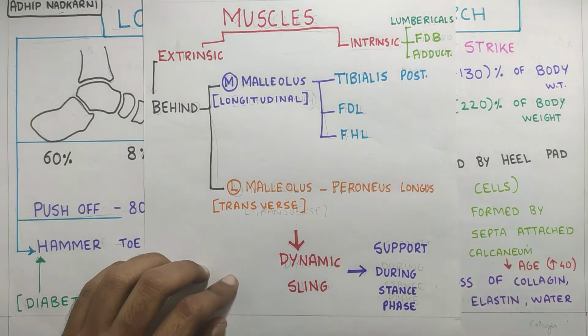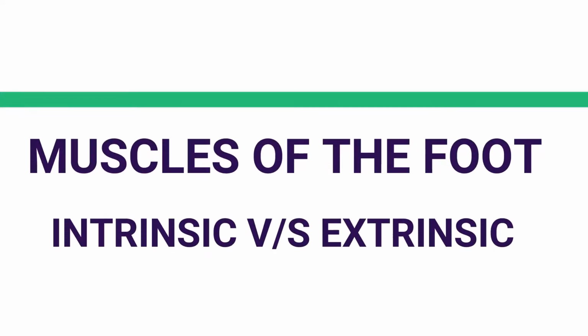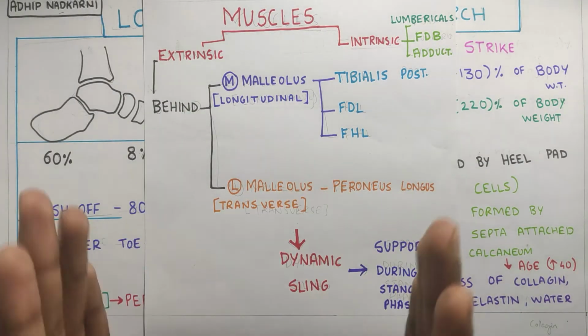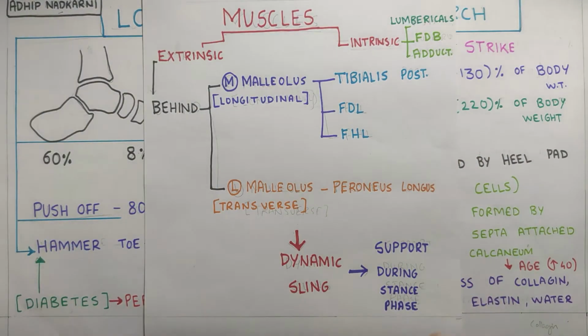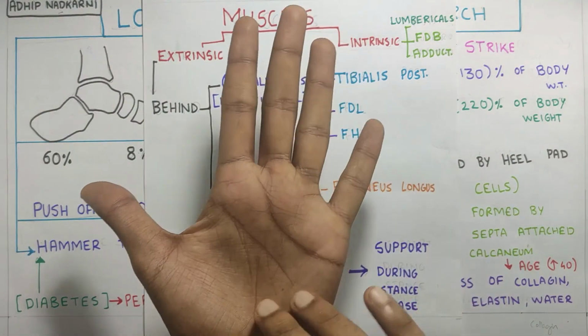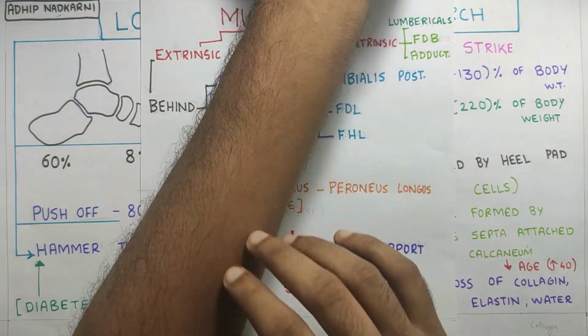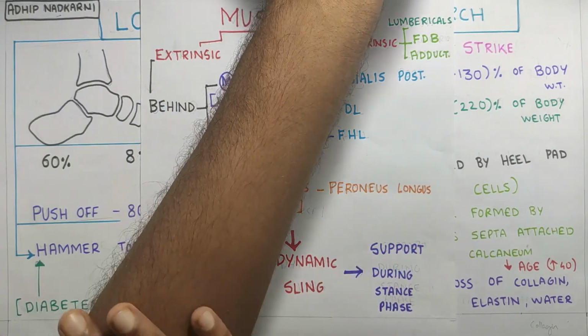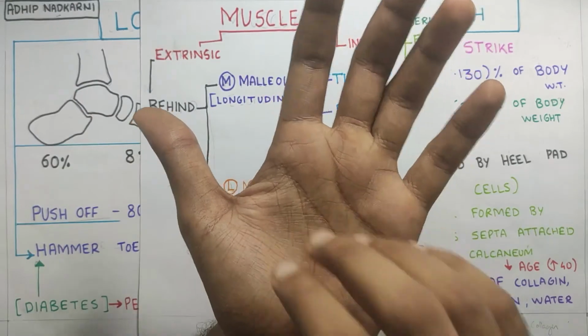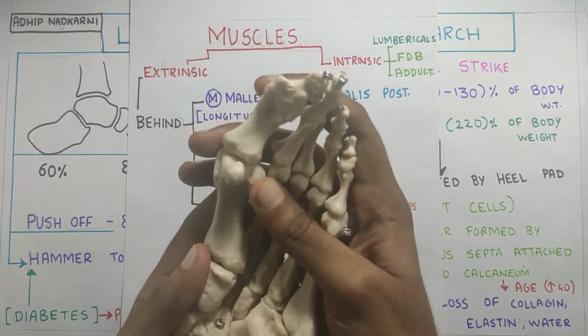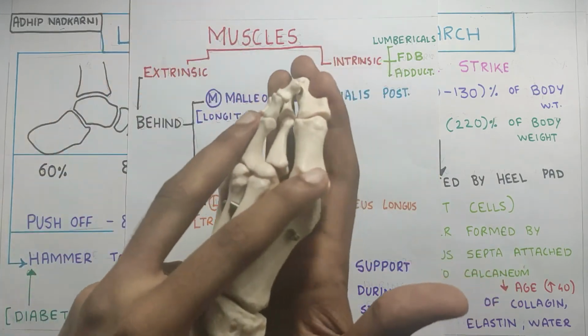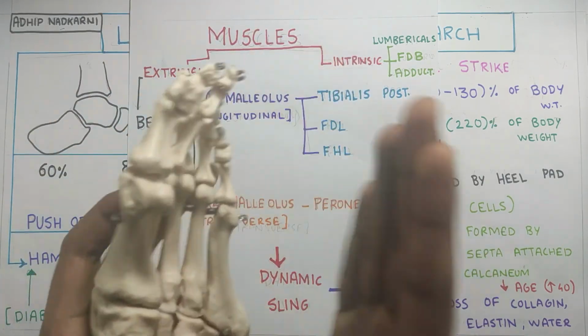And finally, coming to the last part of the video, the muscles. The muscles play a very important role in giving stability to the plantar arch. Now the muscles can be divided into two parts, the extrinsic and the intrinsic muscles. So what are intrinsic and extrinsic muscles? Intrinsic muscles are basically the muscles which are present in your foot, whereas the extrinsic muscles will be muscles which come from your leg and go and attach in your foot. So all the intrinsic muscles which are present over here, they'll cause the flexion of all the toes and will help you grasp with the foot and also provide stability, right?